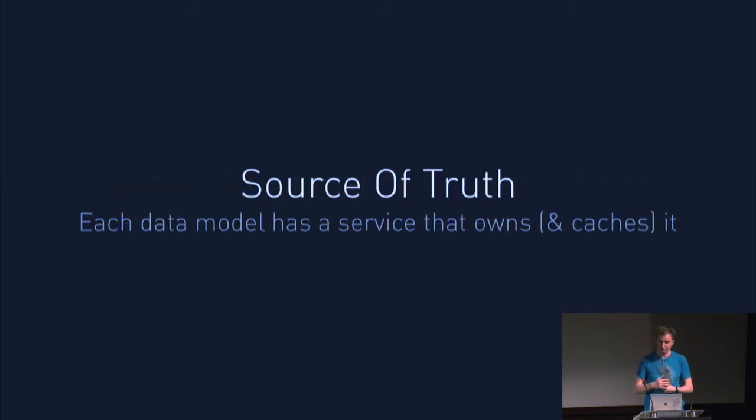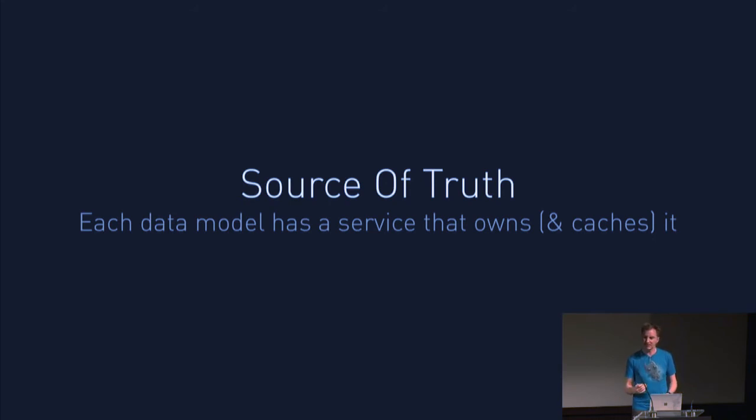Another key thing is source of truth. It's very easy to wander into breaking up a monolith and just making services that all still call the same database. The worst thing is when you have two different services that both write to the same table. You still then have two different code paths that you can't share code between that write to the same store, and it gets horrible quickly.